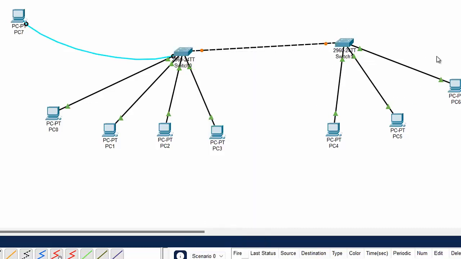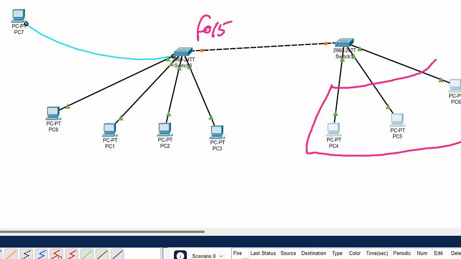So all the MAC addresses of PC4, PC5, PC6 will be considered on the port number 5. Got it? This is the F05. So all the MAC addresses which these have will be associated with this F05.